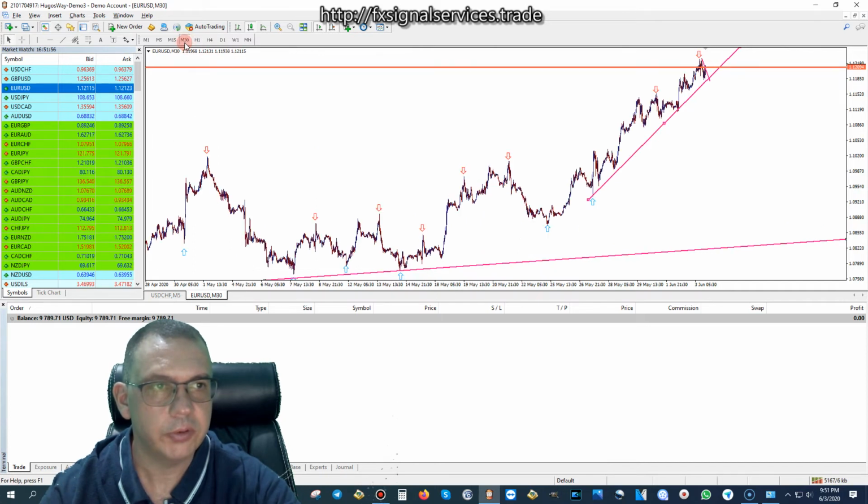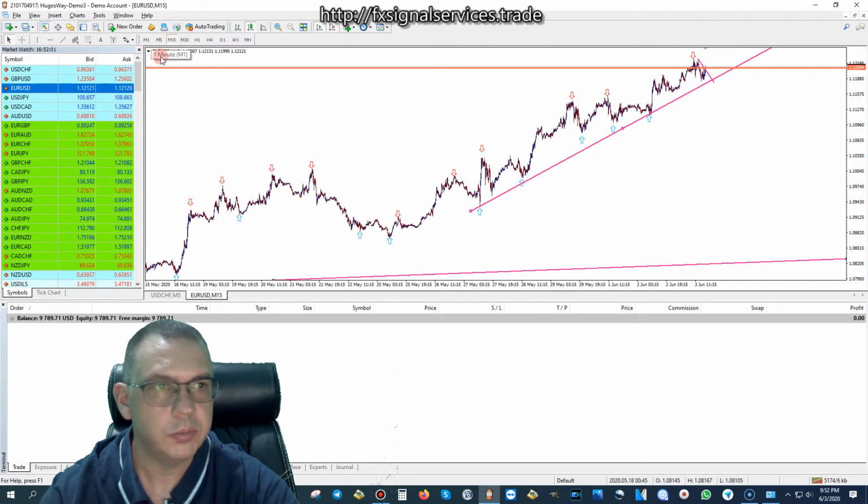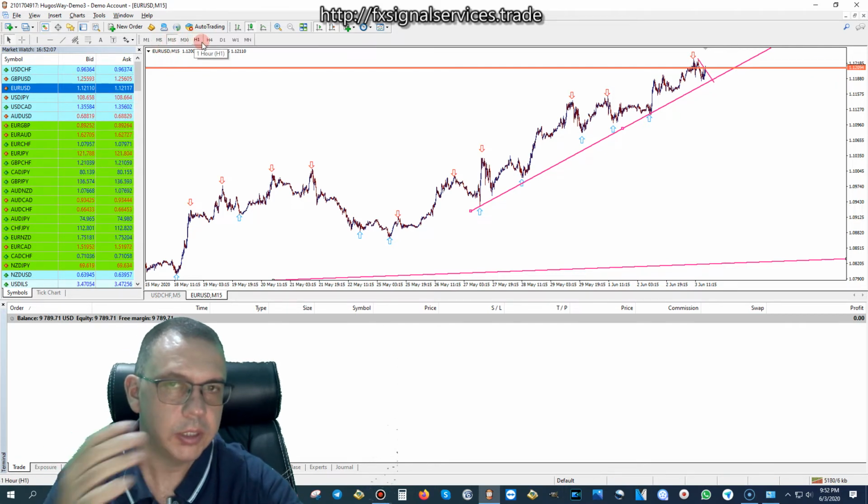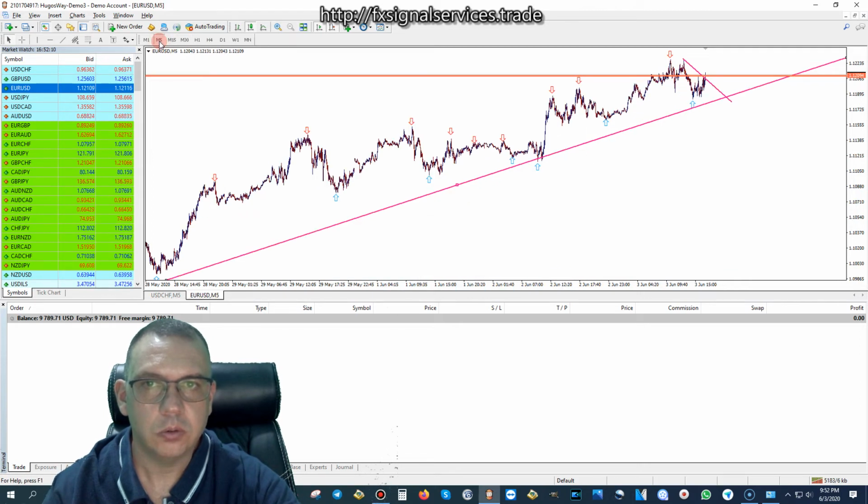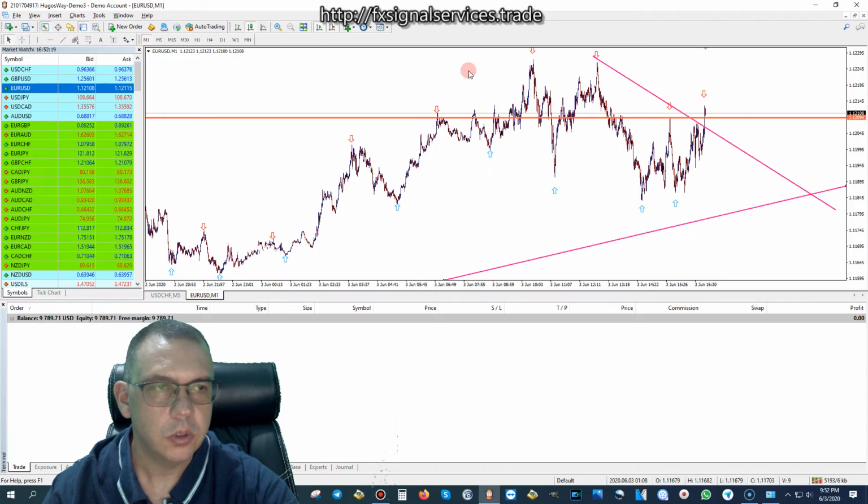I want to double check everything. So the 30-minute is showing to go down. 15-minute shows to go down. So the higher time frames are all stronger than the smaller time frames. Okay, so the 5-minute has an up arrow now. It would be nice if this forms a red arrow, but we don't know. The 1 minute already has a red arrow, but if I sold right now, there's a strong chance it could shoot up even more. So what I want to do is wait for this to drop below, and then I can place a sell trade. Okay,